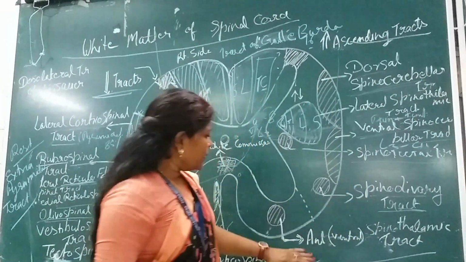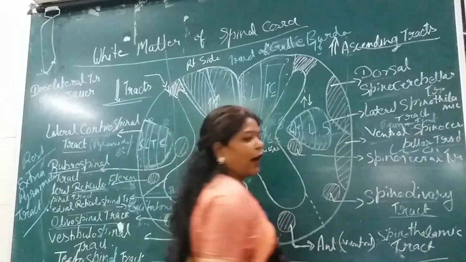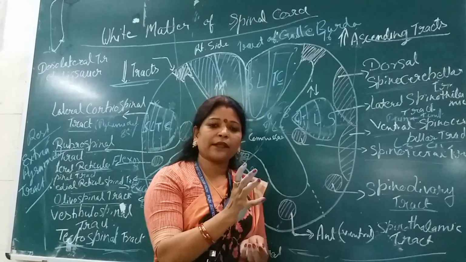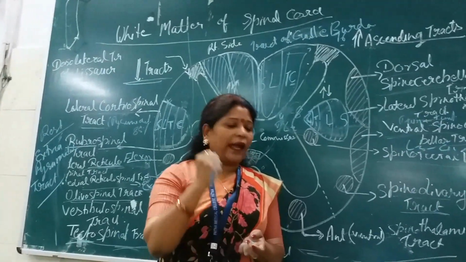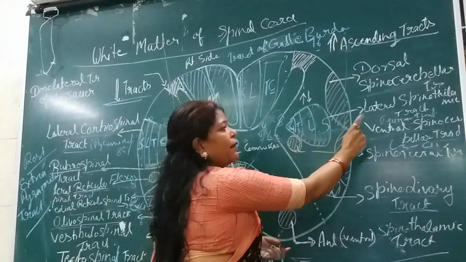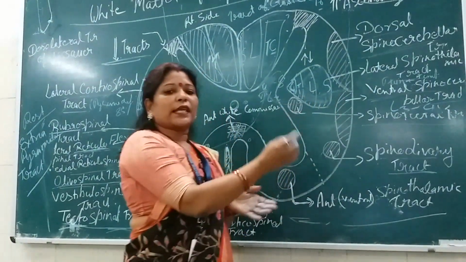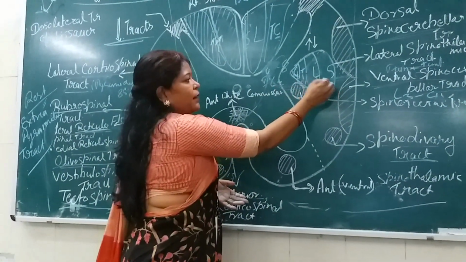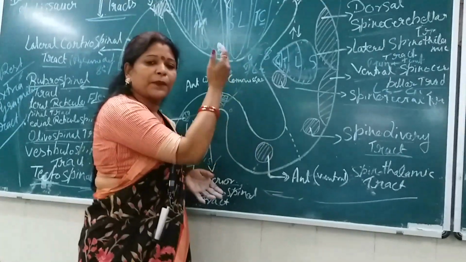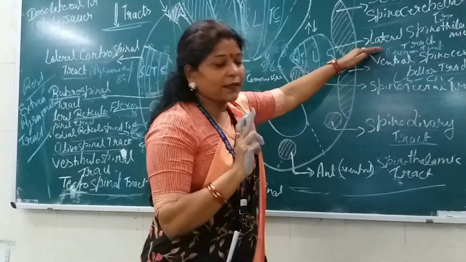Okay. Now this is the lateral spinothalamic tract, a very, very important tract for you all. In terms of modalities of sensation, this tract has a specific function. The pain and temperature fibers of the body will ascend upwards in this lateral spinothalamic tract only, and the pattern of these axons ascending upwards will be sacral, lumbar, thoracic and cervical. That is the somatotopic arrangement of these fibers ascending upwards. So it will carry the pain and temperature sensation.